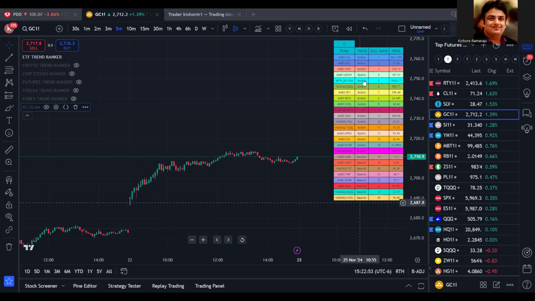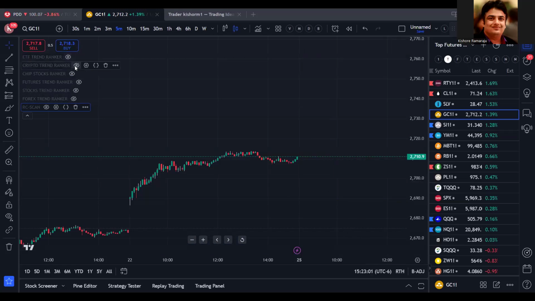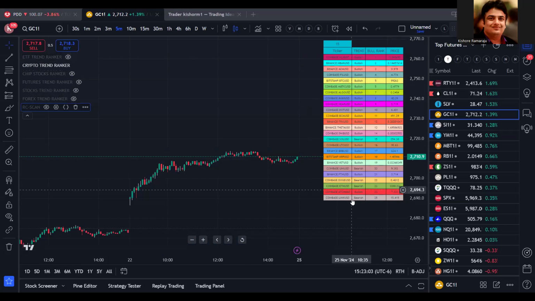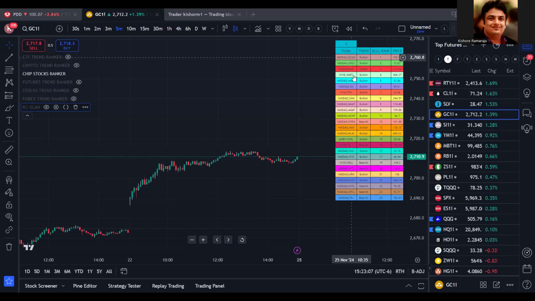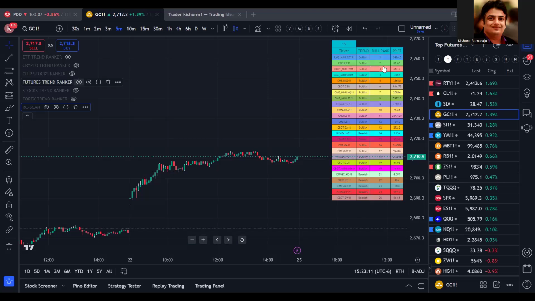So you have ETFs, right? If you want to only trade ETFs like SOXL, SPY, QQQ, DAX, or USO, you can look at those. Or if you want to trade with cryptos, you can do that. If you want to trade only chip stocks, you can do that. You want to look at futures, which are bullish, which are bearish. You want to focus on, right? Mainly the bullish ones on the buy signal, or you look at the bearish, the sell signal,